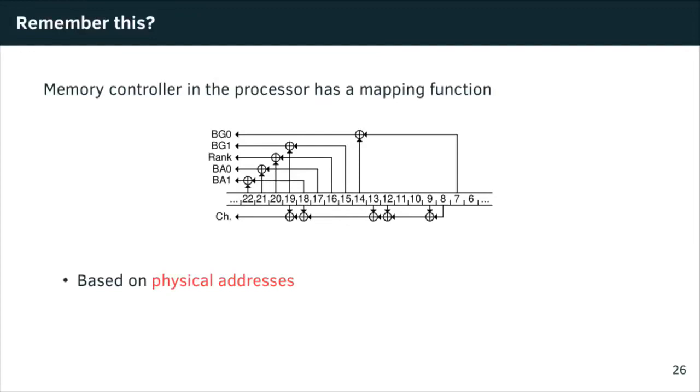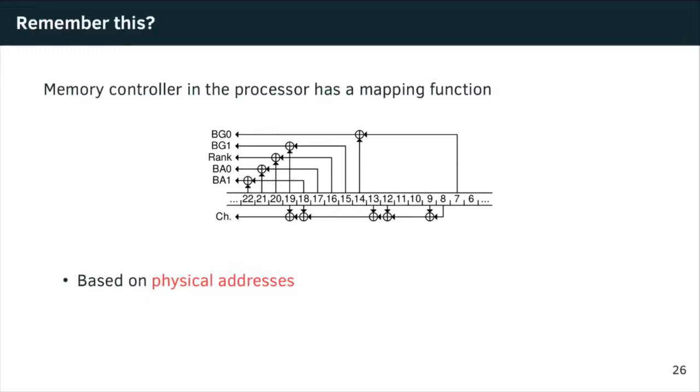So if you have data that has a virtual address and then it translates to the physical address, the physical address gets to the memory controller, and the memory controller then uses a function to decide in which location of the DIMM the data is actually stored. This is this mapping function. So this is a mapping function of a Skylake computer here.